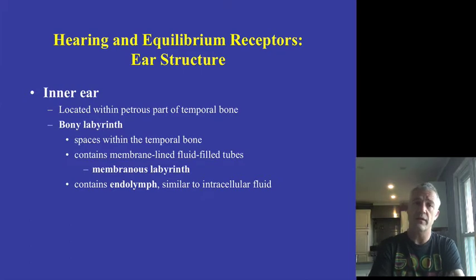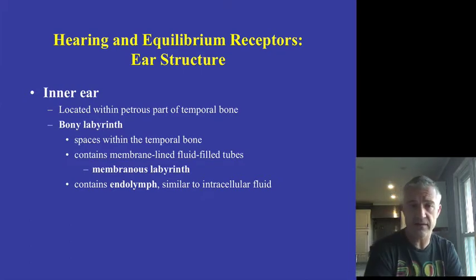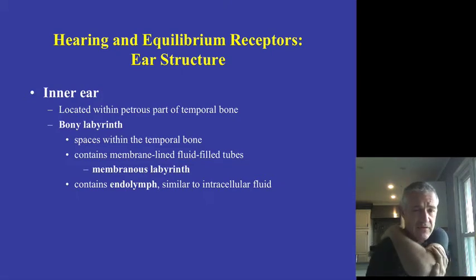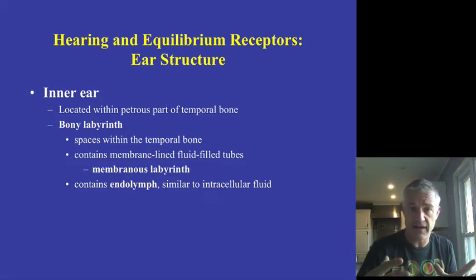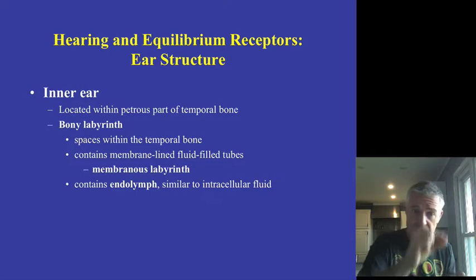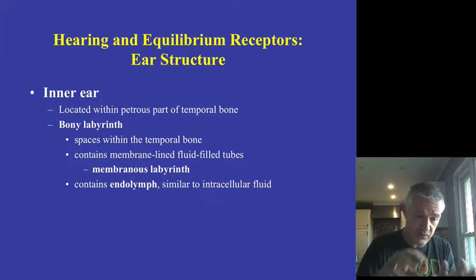So from there we go into the inner ear. The inner ear is housed within the temporal bone. You have a bony cavity lined with some epithelium that is called the bony labyrinth, and it is a fluid-filled space. Within this bony labyrinth, there's also going to be a membrane that's traveling up through the middle of it called the membranous labyrinth. The bony labyrinth has fluid surrounding the membranous labyrinth,